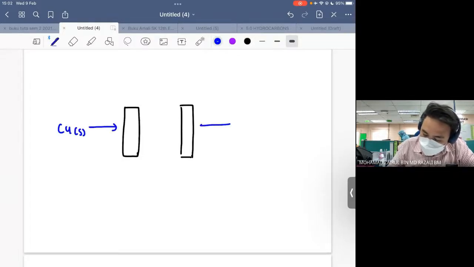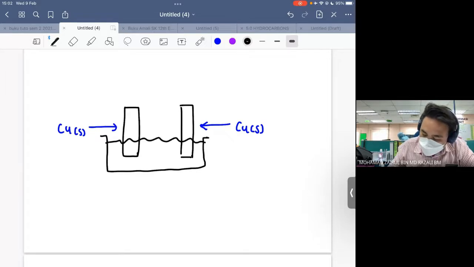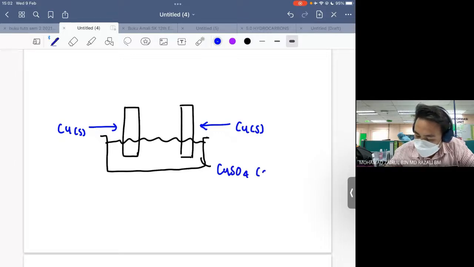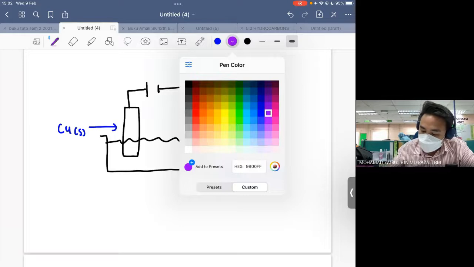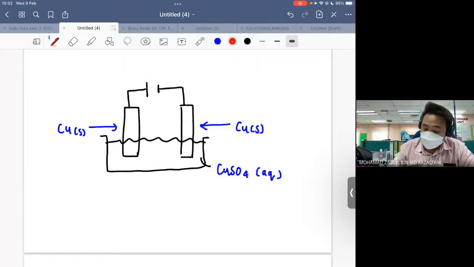This one also is a copper electrode, and then saya immersekan both electrodes in an aqueous solution of copper(II) sulfate. So kita akan ada wire dan kita akan ada battery. If you look at the electrolytic cell setup, this one is going to be the anode,